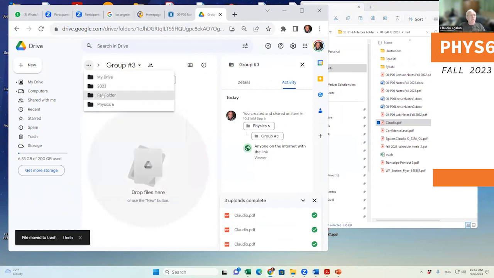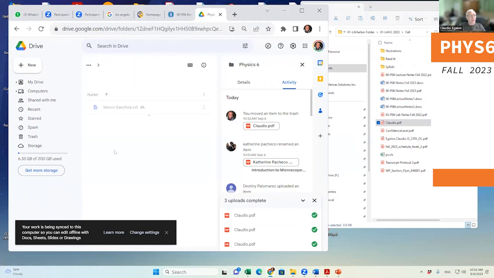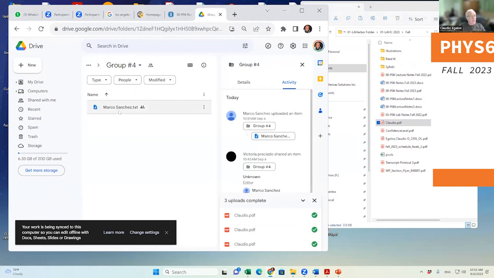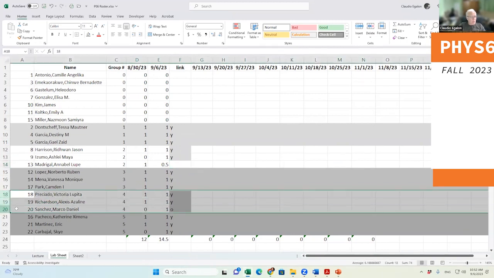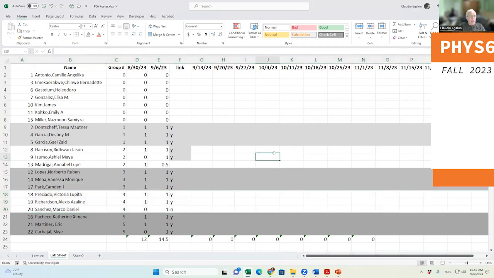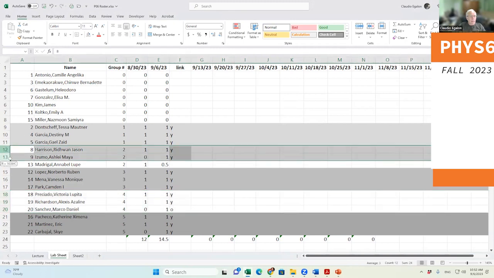Group number 4. Let's see. Okay, Marco Sanchez did it. Now I need the other 2 students in group number 4 to upload a file there as well. Okay. Professor, I have a question. I cannot drag and drop the PDF file. I'm trying to do that right now, but